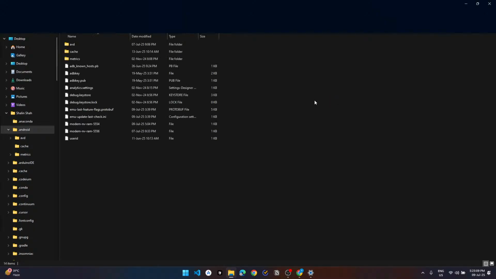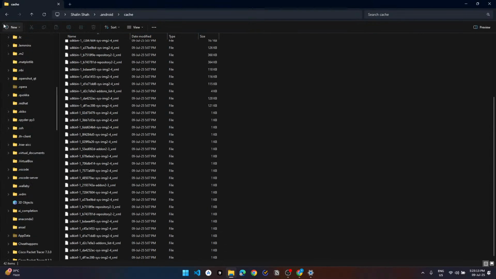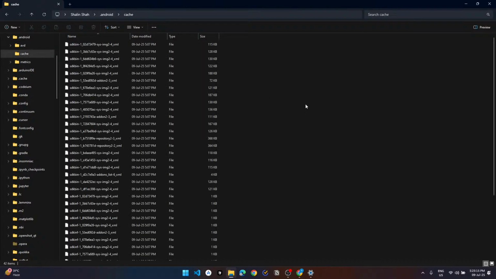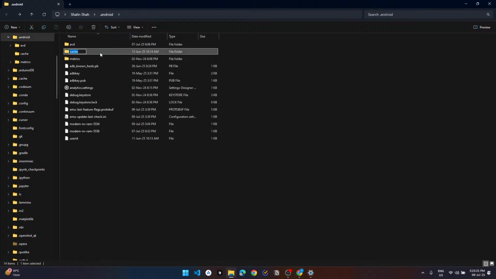Yeah, Android has some caches right there, which I'm gonna delete. Let's just delete the full folder.